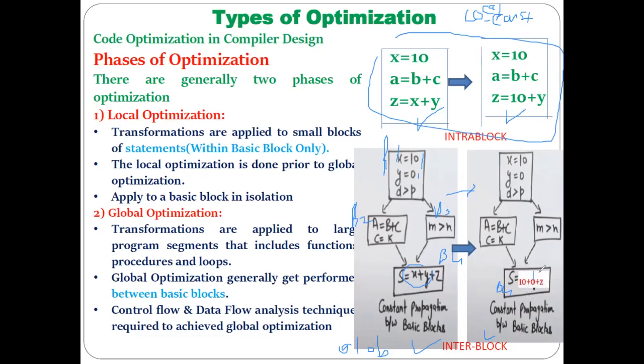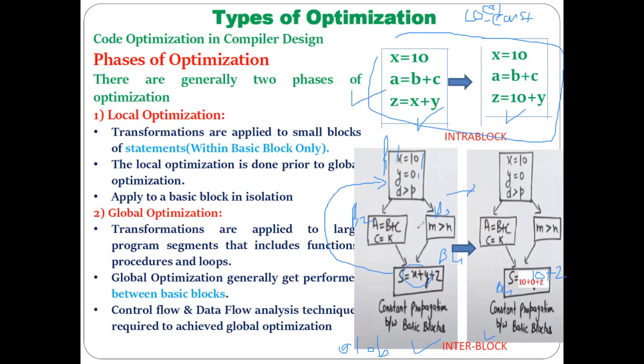Or you can directly write it like this, 10 plus z, and because of that you can easily see there is no need to write x plus y here. Understood? So while performing this optimization, this block b4 has to interact with the block b1. Understood? So b4 can perform the optimization by interacting with basic block b1. Now, if you see the earlier example, you don't have to interact with another basic block. You are performing the optimization within a basic block only.